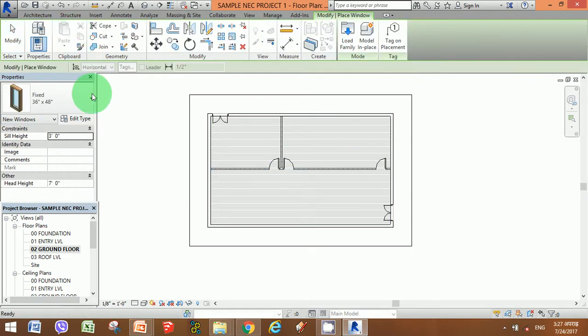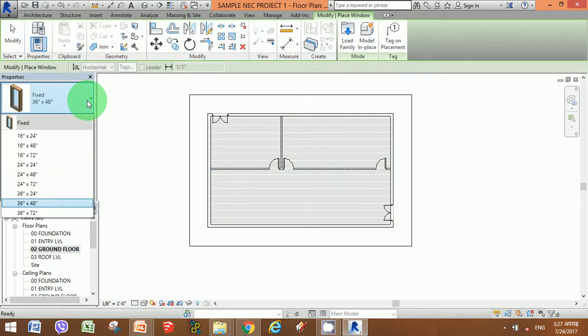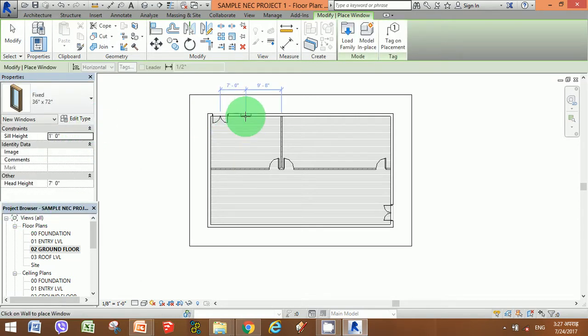Now going with the windows, there are a fixed set of windows over here. This is 36 inches by 48, 3 feet by 4 feet to be exact. So I need a bit higher window. So I'm going to place the windows over here. I'm going to use the same window. You need not worry about the window direction, because you could add any kind of window as per your requirement, as per your demand. So if you require any other type of window, you could always select it.